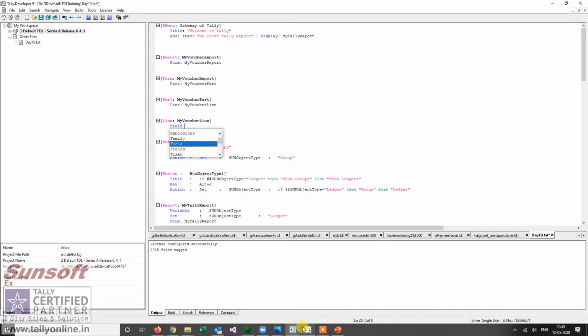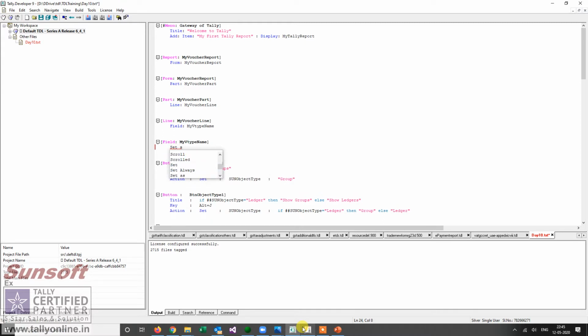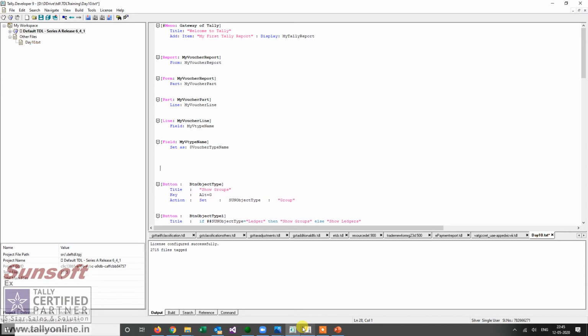The line has a field. Here I give it, let us say, my v type name. That means I am going to print a voucher type, and here I define my field and set it as voucher type name.